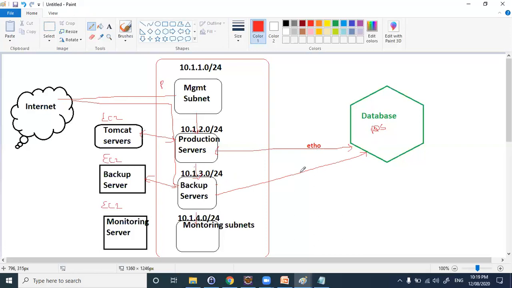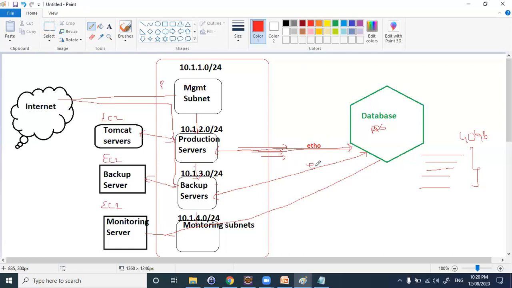After some time, the monitoring subnets or monitoring servers need to get some data from the database. Say for example they are monitoring some logs. If they request 40 GB of logs, and all the communication happens through only one Ethernet cable, the network load will be too high. AWS will not charge anything for network interfaces, so you can create as many interfaces as you want. Now, production traffic will update the database through the Ethernet cable.